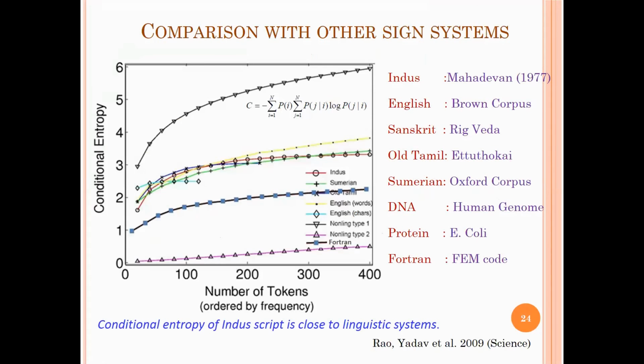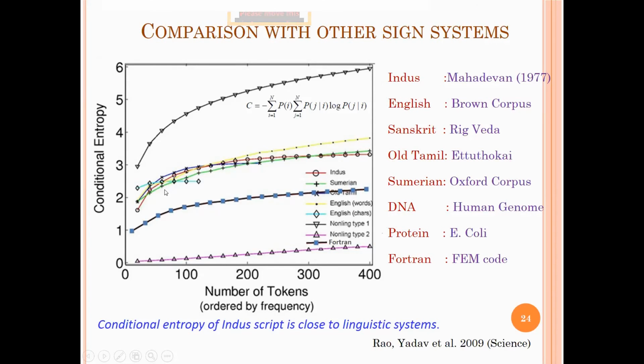And this is the plot of this study. So here you can see the conditional entropy is depicted on the y-axis, and the number of tokens in the system is shown on the x-axis. There are two control systems. Okay, this top curve is for an extremely flexible system. That means any sign can follow or precede another sign in this system, and this is a very rigid system. That is, we have very limited flexibility. Only one or two signs can follow a given sign.